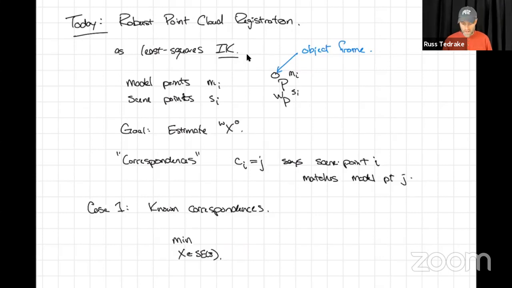I was trying to avoid that notation, but I ended up using it. It's the least characters, and I ended up using it a bunch in the notes. So that just means it's any 3D position, but it's a valid rotation matrix hiding inside there. Okay, and then now I just have to find that X